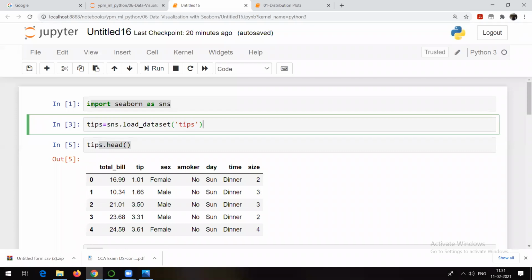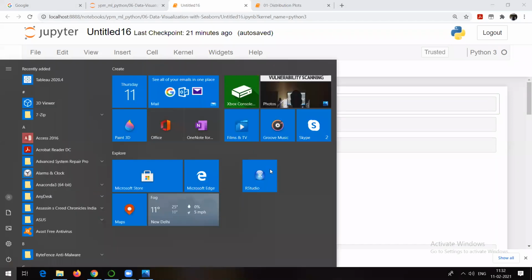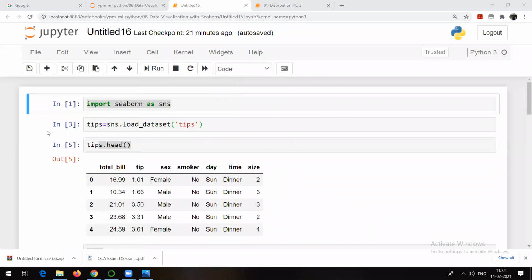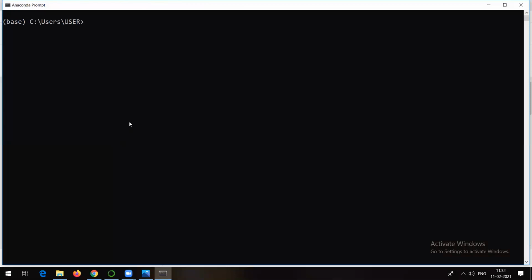Sir, I got the same error, but then I did conda install seaborn again, and after this, I didn't get the error. See, obviously, you need to make sure whether it's installed or not. Ramawa, otherwise you try out this one. Press Windows button, go to Anaconda prompt, and here you type pip install seaborn. I hope you people are able to see black screen, right? Yes, sir. See this command. Or she has typed conda install, one and the same. Pip install seaborn.